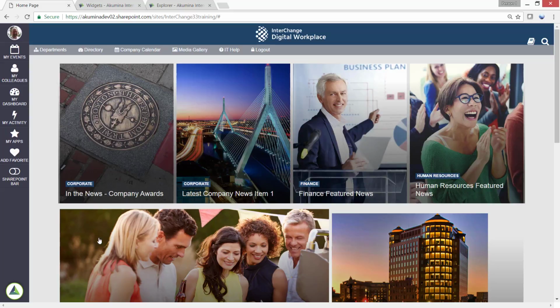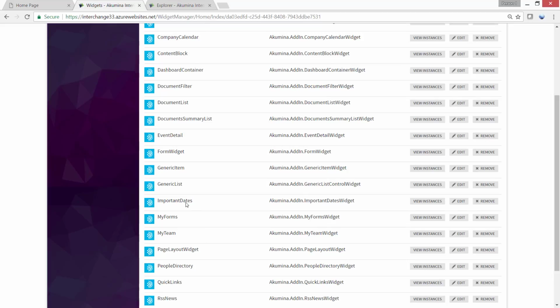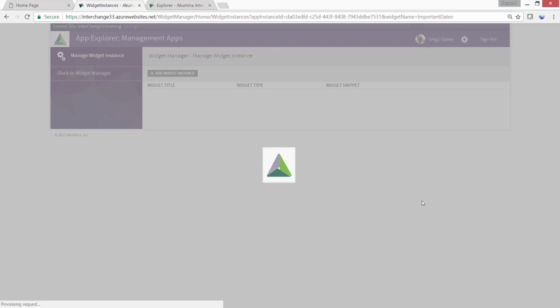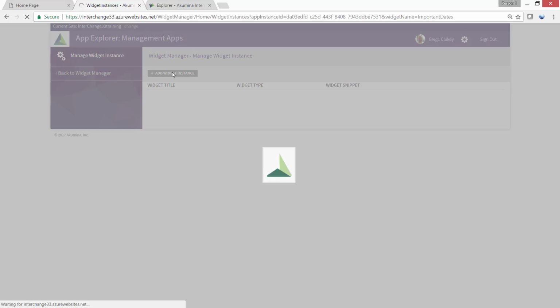And you remember we said when you're going to put an item on the page, a widget on the page, you need to create an instance for that widget. So let me go to my important dates widget here, and I'm going to view instances. Okay. In this case, on the home site, which is where I am, there are no instances of the important dates widget. So I'm going to create one. So I do add widget instance,